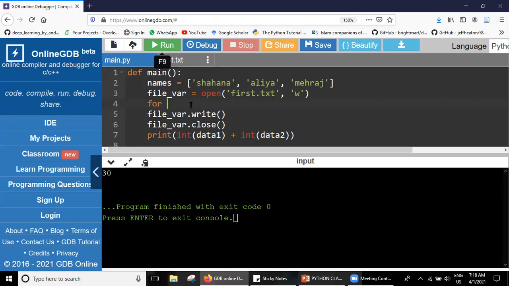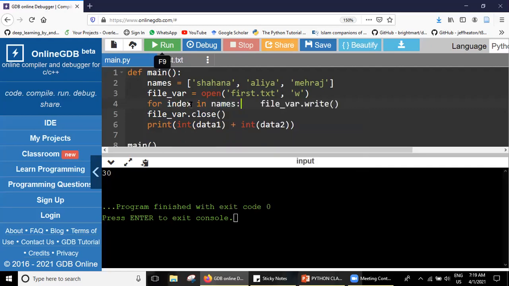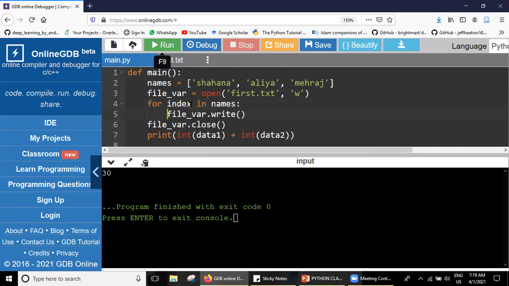We always go with the for loop, and I say index as the variable, for index in what is the list name? It's names. After that I put a colon, and then I say now write. What do we need to write here? Do I have to go with names or do I have to go with the index?